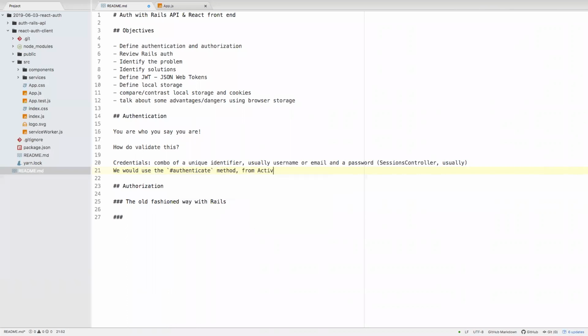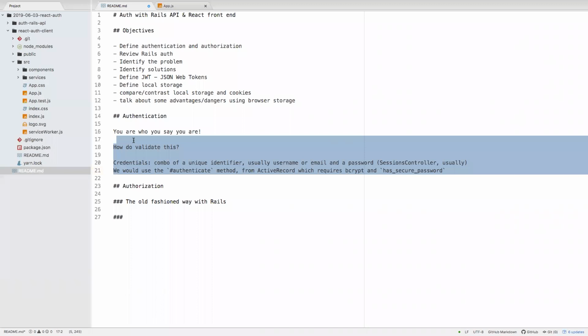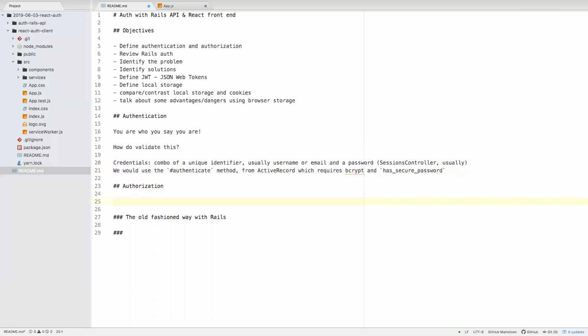I'll just write that out, Active Record, which requires bcrypt and has_secure_password, right? This is basically it. This is how validation works. Authorization, what is authorization? You're allowed to be in the part of the app that you are. Exactly. So definition,